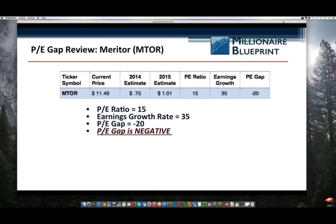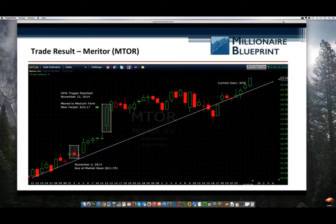So here's another example. This is Meritor. Meritor is an automotive supplier, stock symbol MTOR. At the time that we recommended this stock, it was trading at a PE ratio of 15. It had an earnings growth rate of 35, which gave it a negative 20 PE gap. So again, gap is negative, telling us that this price is discounted relative to future earnings growth. We recommended this at the end of October, heading into November, and again, you can see this nice move very quickly. The stock jumped within 9 days. We had a 20% target hit, and it continued on going up for over a 30% gain